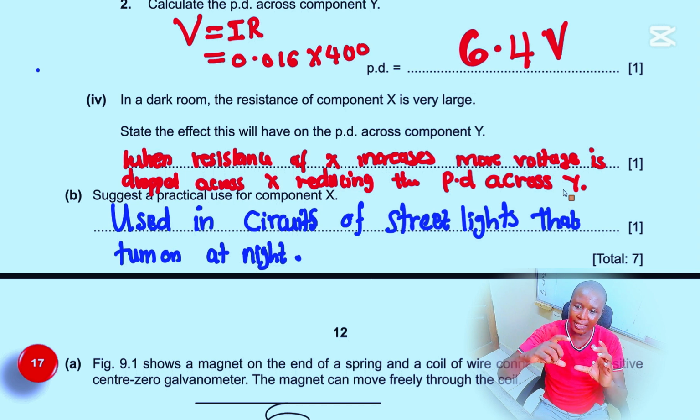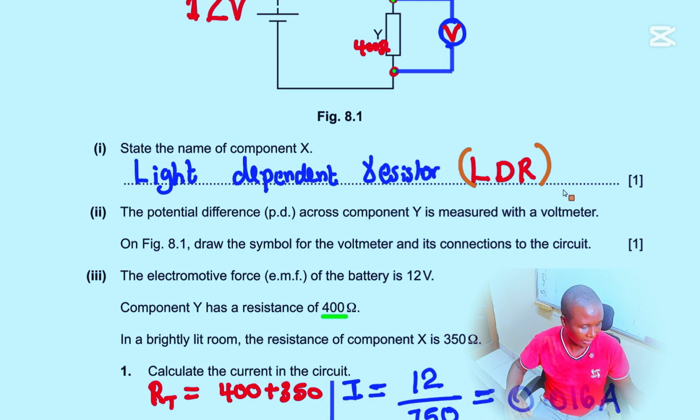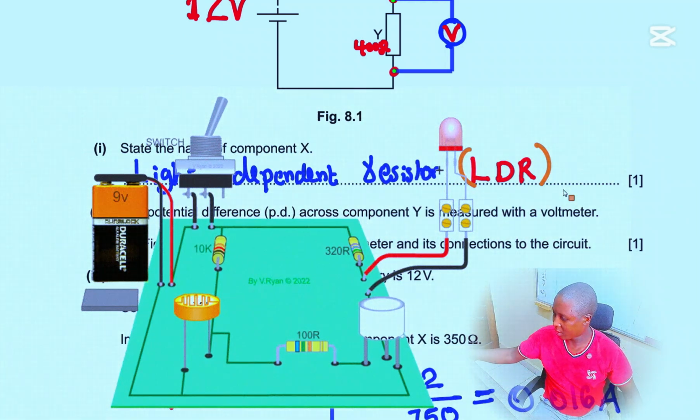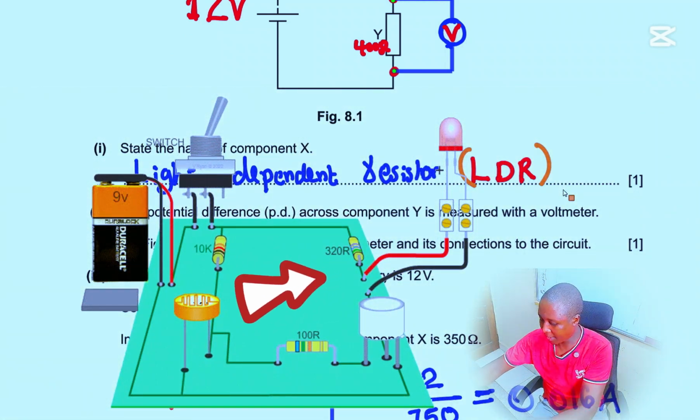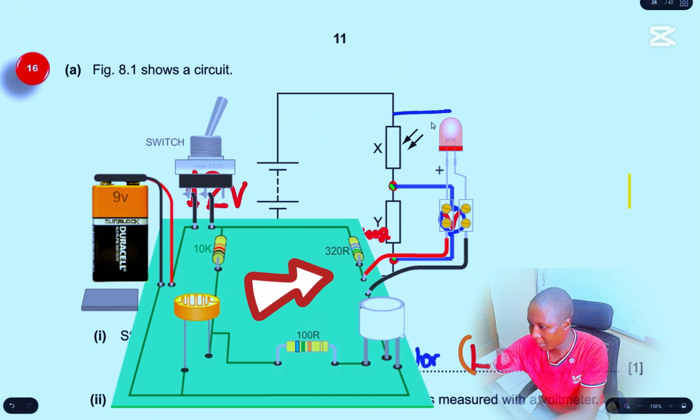You're going to connect your bulb across the LDR. For instance, we can connect the bulb at this point here,